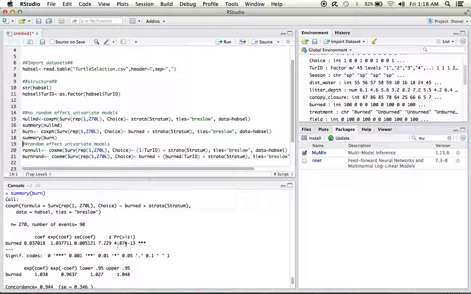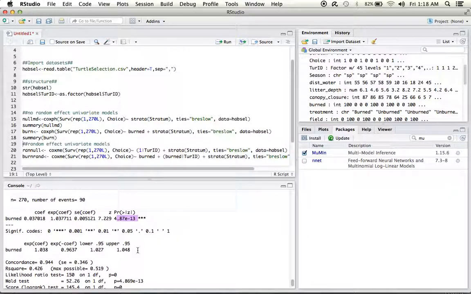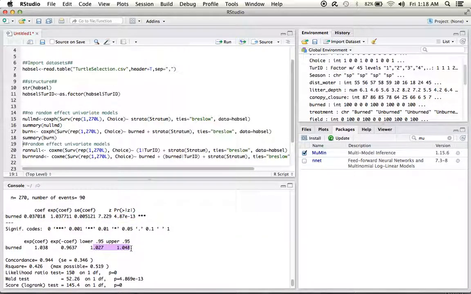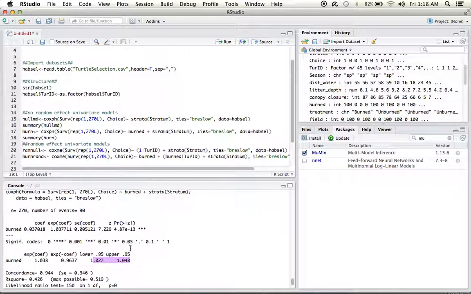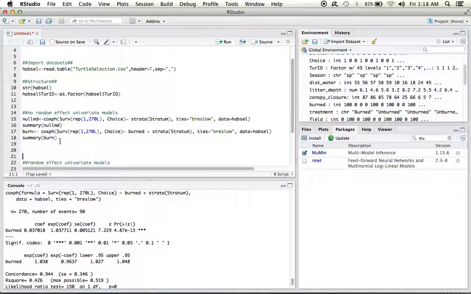So we have a very, very small p-value, and 0 is not included in our confidence intervals. So therefore, this specific model is in fact significant. And it's important to know that we can look at numerous other parameters within this model. For example, we can look at the litter depth by simply changing